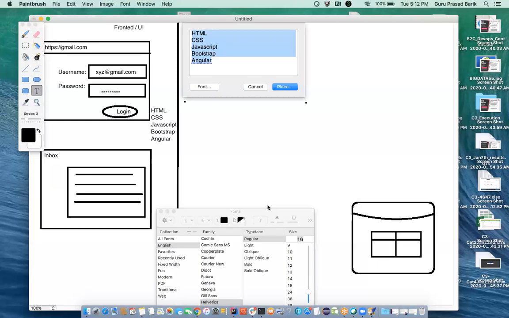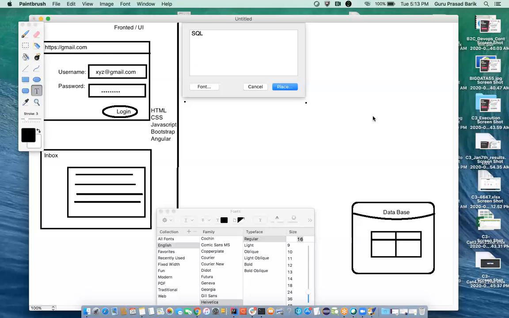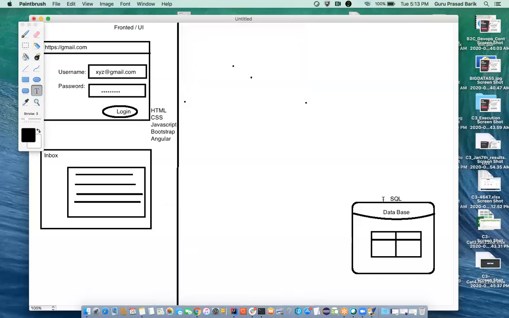Now, what is the problem with this front end technology? It can't retrieve or fetch this data from the database, because front end technology cannot talk to the database.